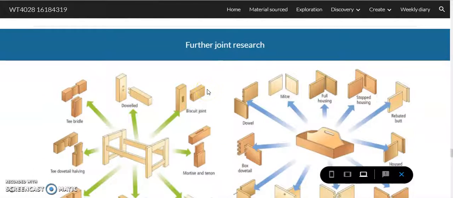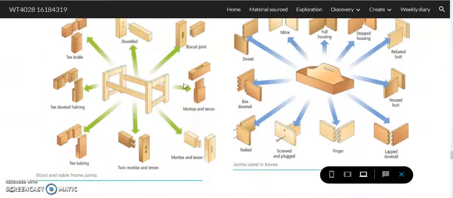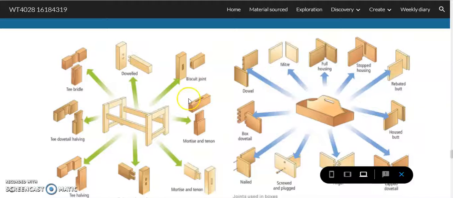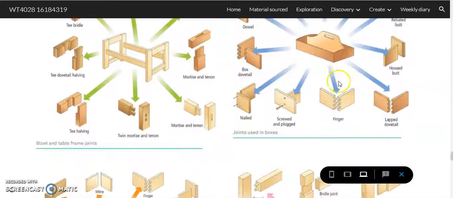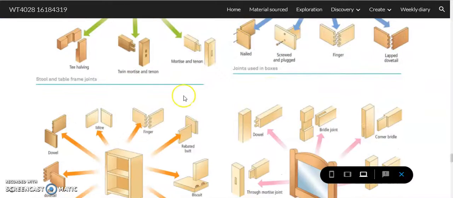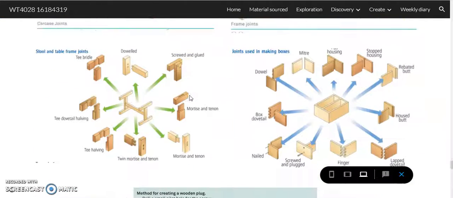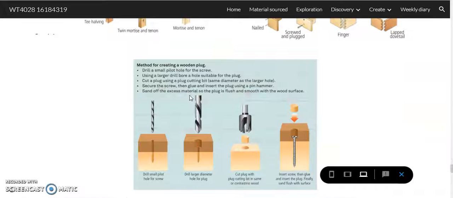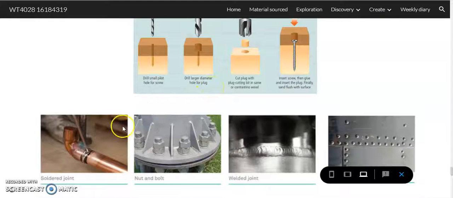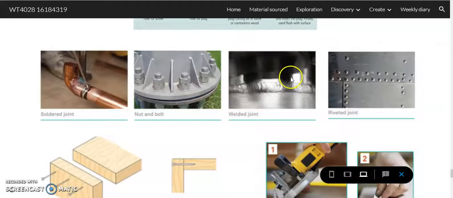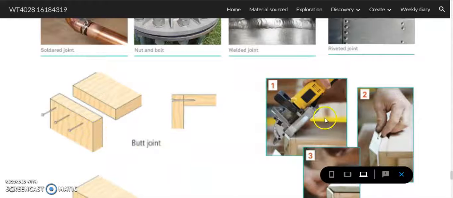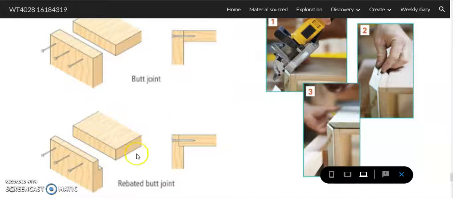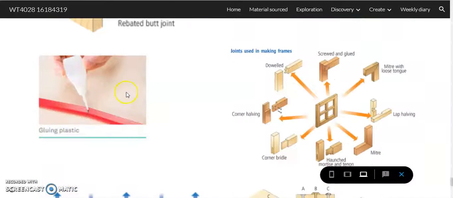this is my further joint research. There's quite a bit of it here. So it's joints used in boxes, joints used in stool and table frame joints. Again, that's pretty similar to what I've already covered, but I've got a bit down here on creating wooden plug, soldered joint if I was working with metal, nut and bolt, welded joint, riveted joint if I was doing a butt joint, biscuit joint over here, rebated butt joint, gluing plastic,